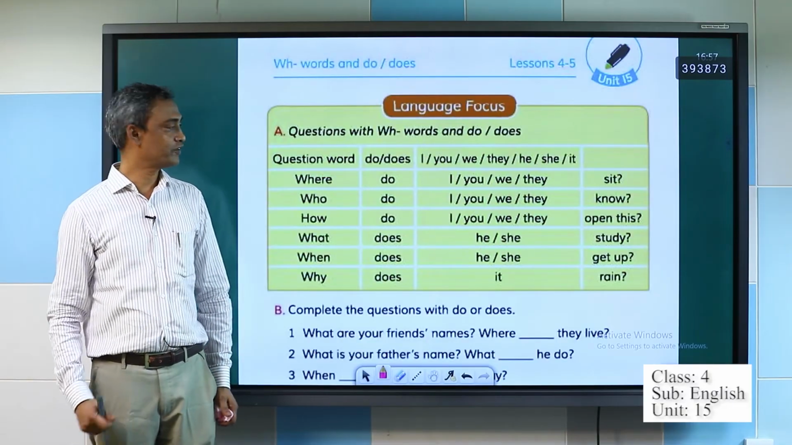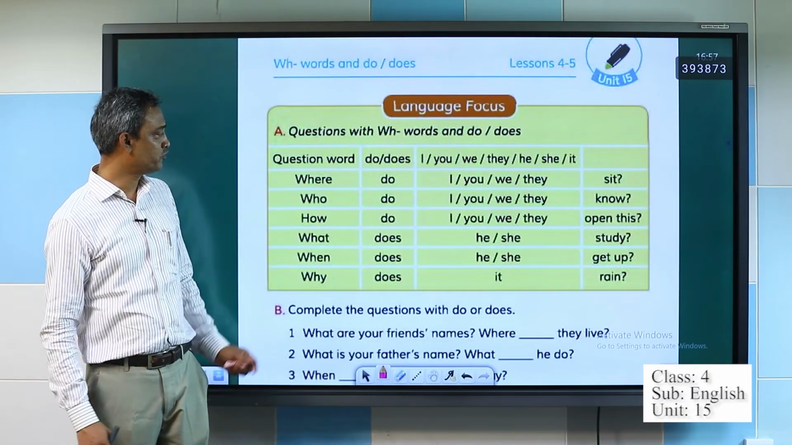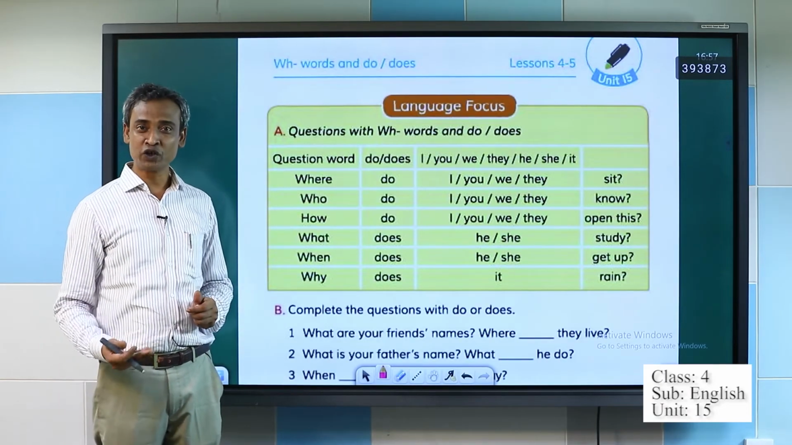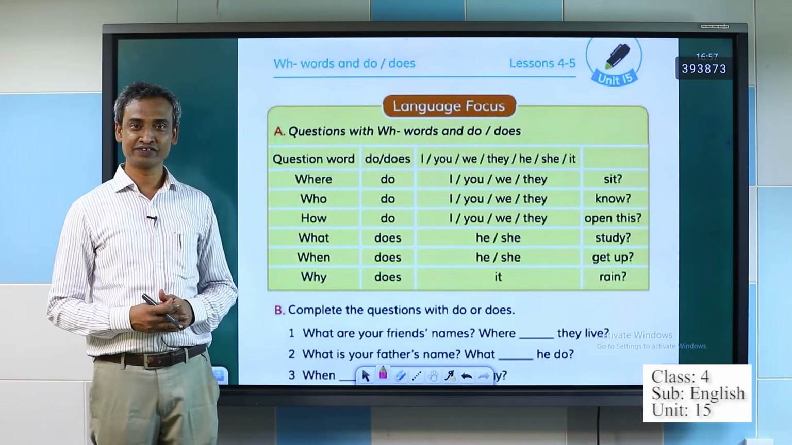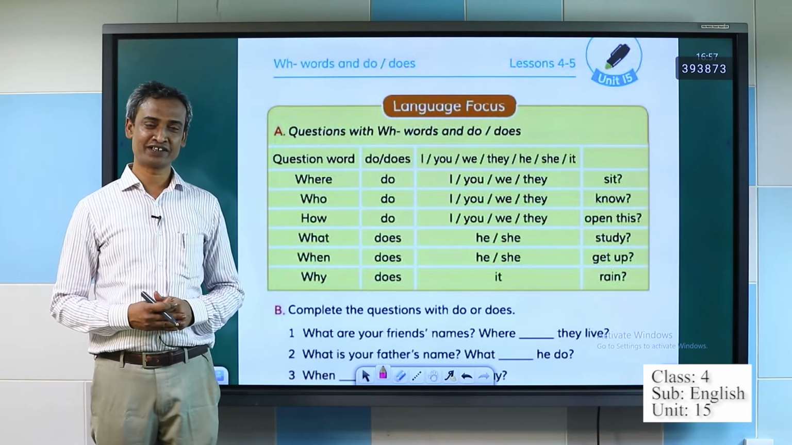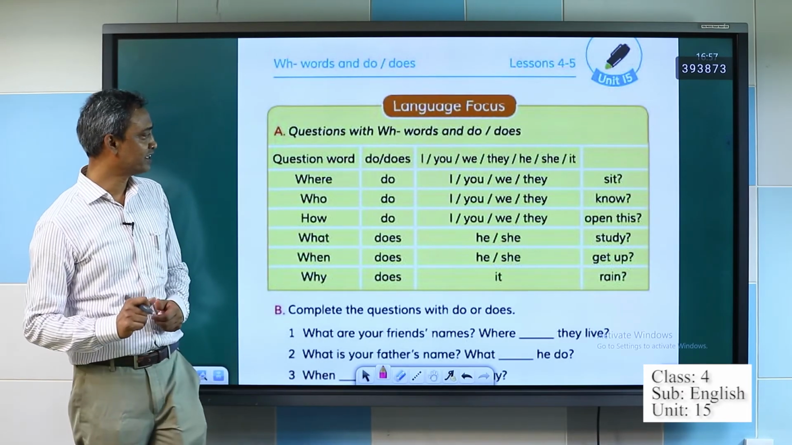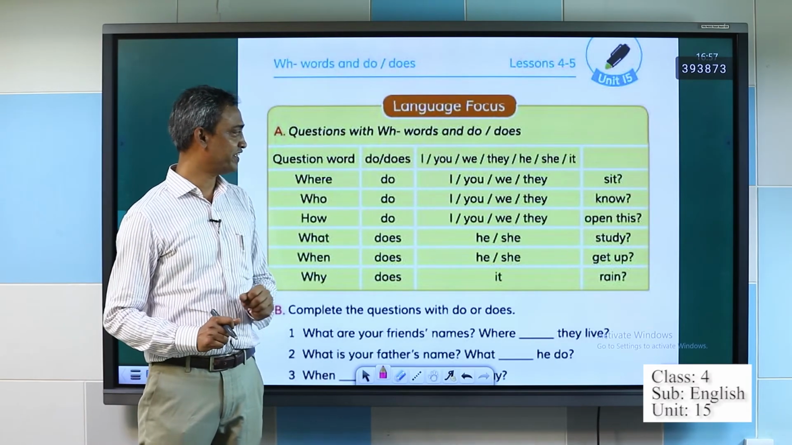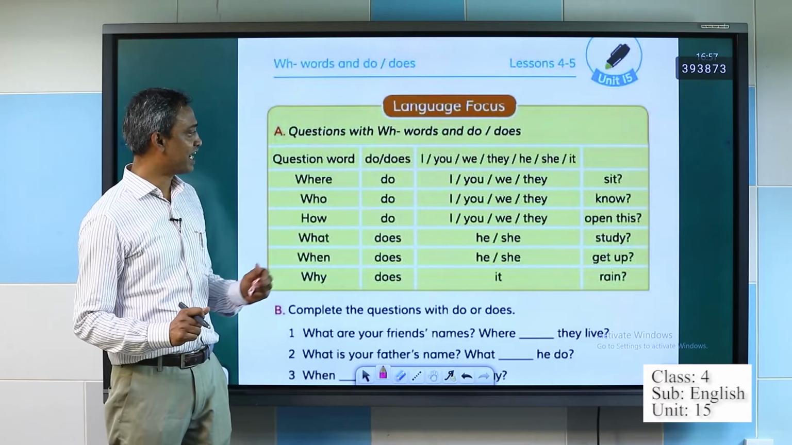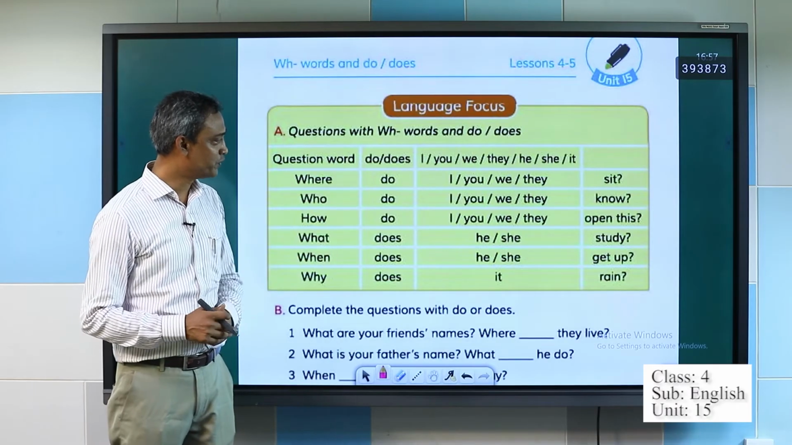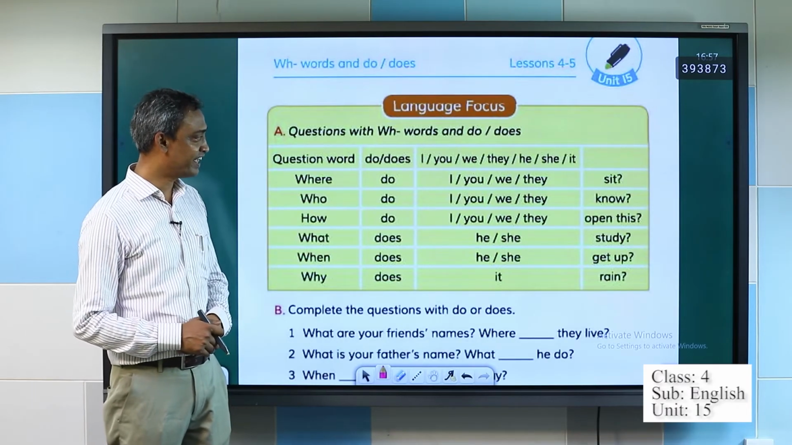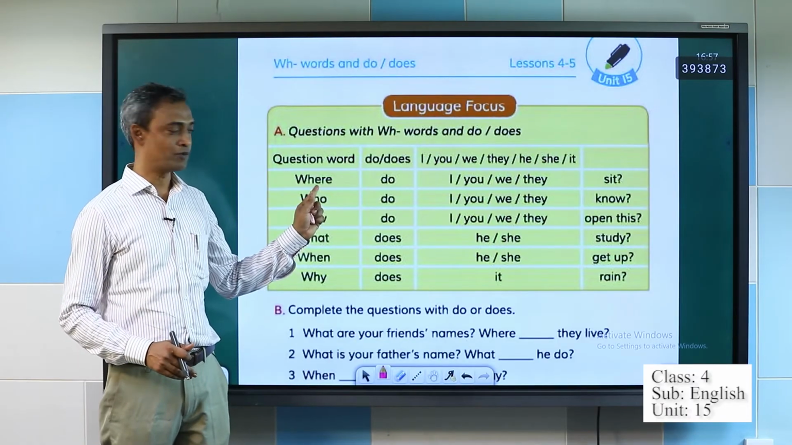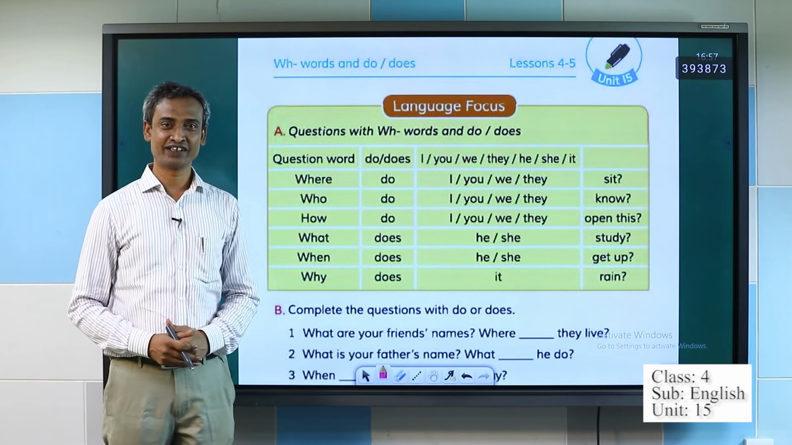Okay, students, can you say when do we use do and when do we use does? কখন আমরা do এবং does ব্যবহার করি? Take a moment. Thank you very much. We use do for I, you, we, they. It means আমরা যখন I, you, we, they এগুলো থাকে তখন আমরা do use করি, ব্যবহার করি WH ওয়ার্ডের পরে।